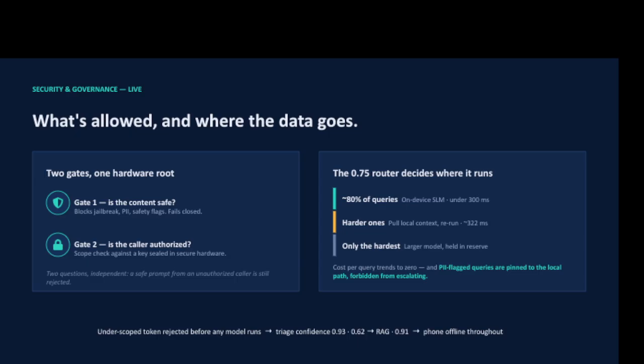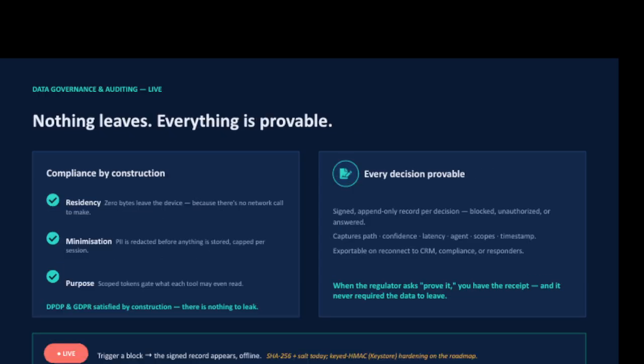So what we say is, nothing leaves the system. Data is within the device. Why? Because it is compliant by construction. There is nothing to leave. So by structure itself, we are able to address the issue of GDPR compliance. Not even for federated training, there is no egress. And every action is possible because we have a scope token, and we are using hashing for maintaining the logging as well.